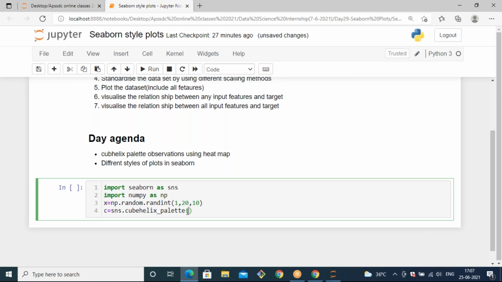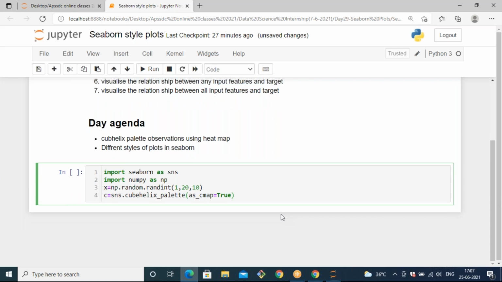And whenever you want to apply colors to the numbers, the integers, you need to specify cmap. We already saw this cmap keyword yesterday. It can take either true or false, only Boolean data. When it is true, it will use matplotlib colors, the supporting colors offered by matplotlib. Okay, and I'm just storing those colors with respect to Seaborn. And how are we generating those colors? By using cube helix palette.